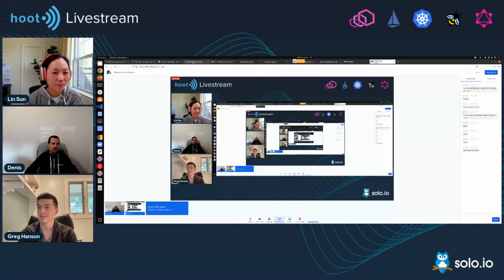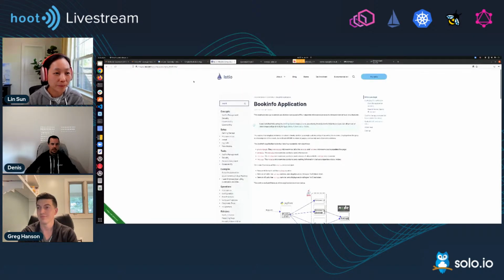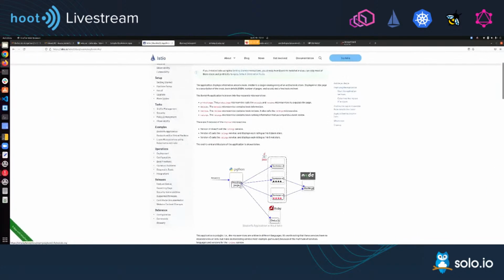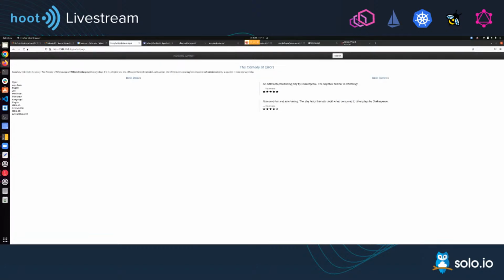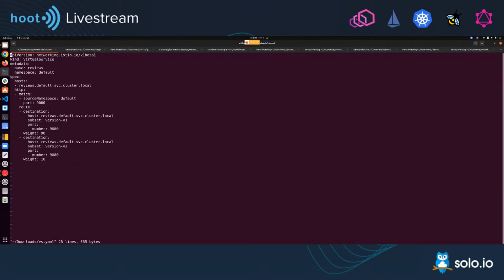You are probably, most of you, familiar with the Bookinfo application, right? You can find the details in the documentation. You have this product page talking to the reviews with three versions and the details, and the reviews talking to ratings, and it looks like that. So let's say you have deployed this and you want to change something. Instead of having half and half, you want most of the requests going to V1, for example. So I could just create a virtual service like that,